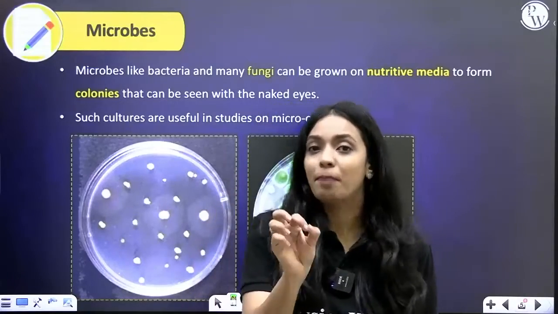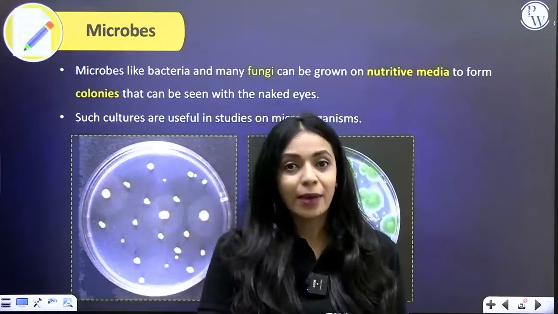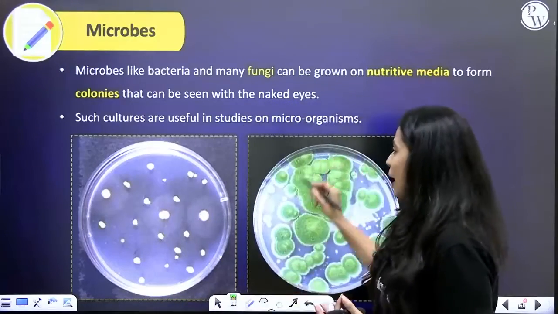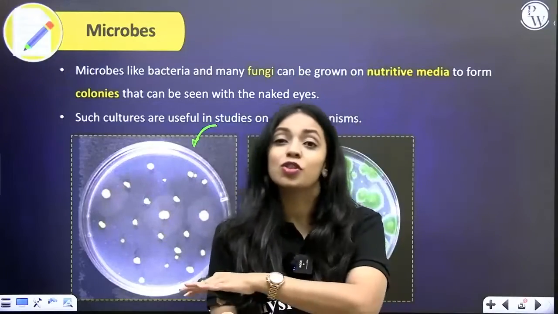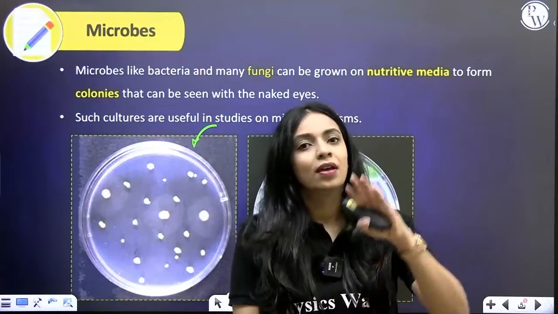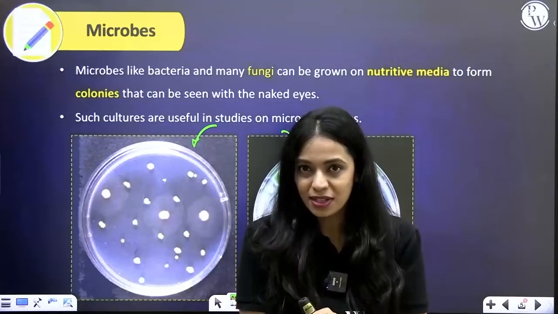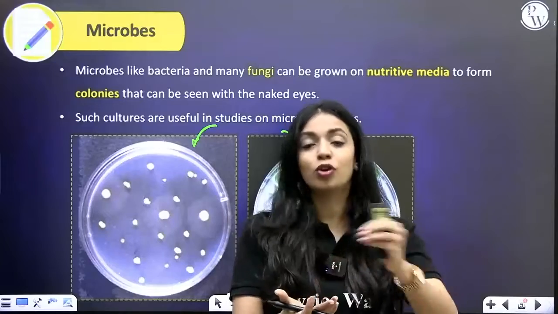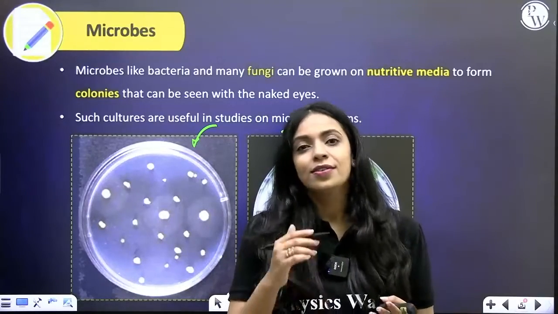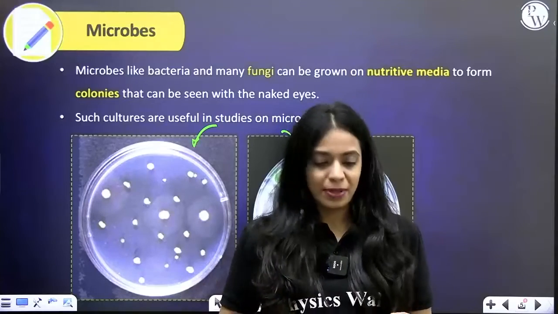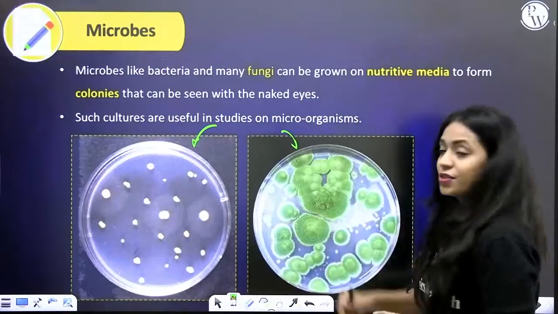I cannot see an individual microbe cell. But when I provide it with a nutrient medium, we get plates like these that are called Petri plates. On these Petri plates, you put the nutrient medium, the nutrients that the microbe requires to grow, in a jelly-like substance. On top of it, you grow the microorganism of your interest. All of the nutrient requirements, such as nitrogen source and carbon source, you would have provided in this nutrient medium.